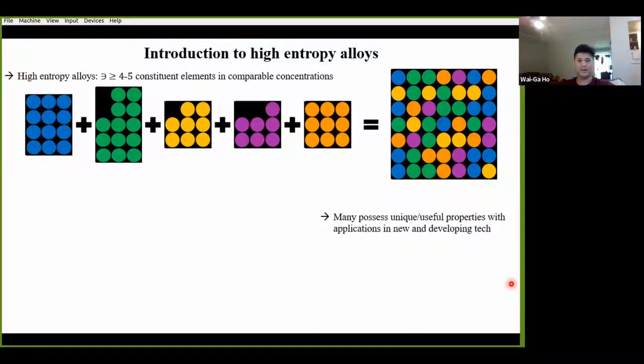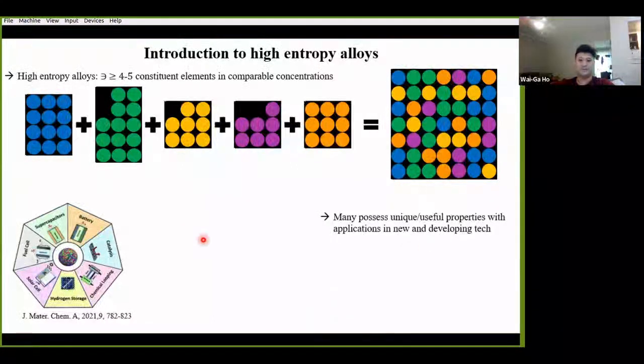As another example, I think I've also heard on Taiwanese news channels that they've made some high entropy alloys with more stable electromagnetic resonance. And people eventually want to be using these things in 5G and 6G antennas and such. So these high entropy alloys have gained a pretty serious following in the past couple of decades, with a lot of research motivated to understand how they work, first of all, and how we can tune or enhance some of their properties by playing around with their structure or chemistry and use these in commercial applications.